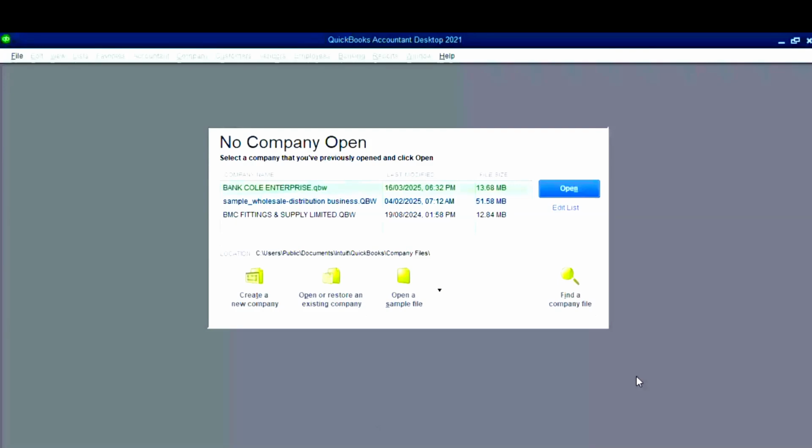Okay, so we're going to start from scratch. What do I mean by scratch? We are starting from creating a new company. We want to create a new company. Okay, before we go to new company, most of us, perhaps some of us have the QuickBooks